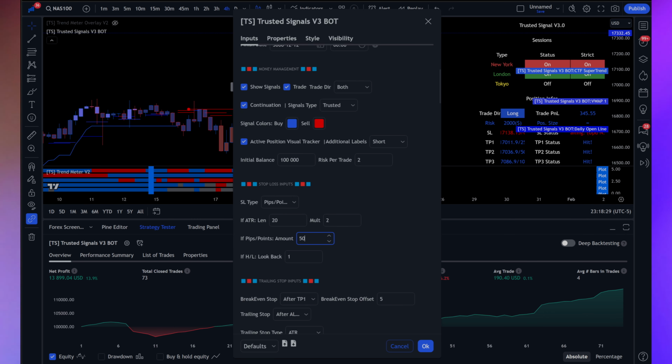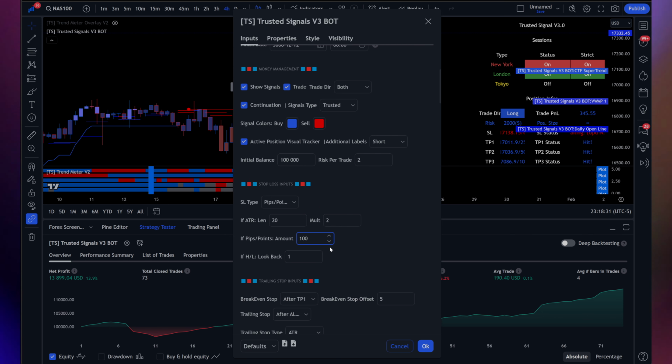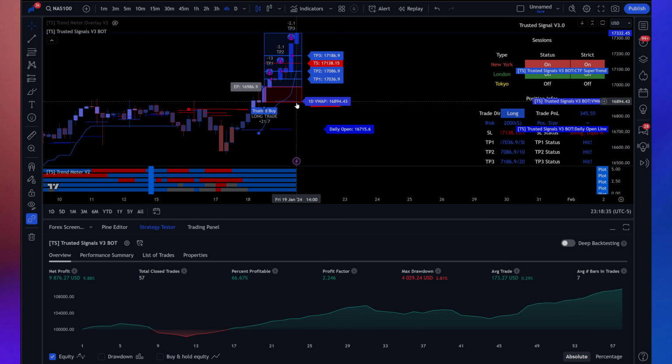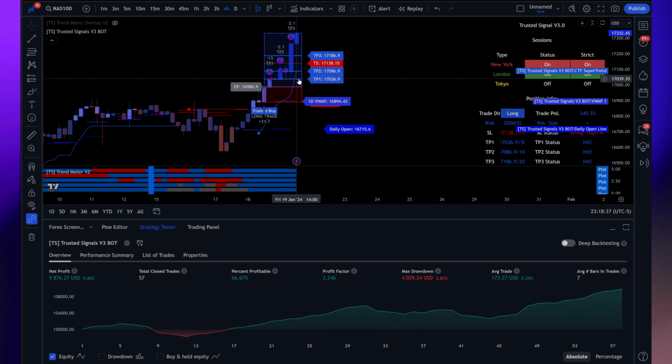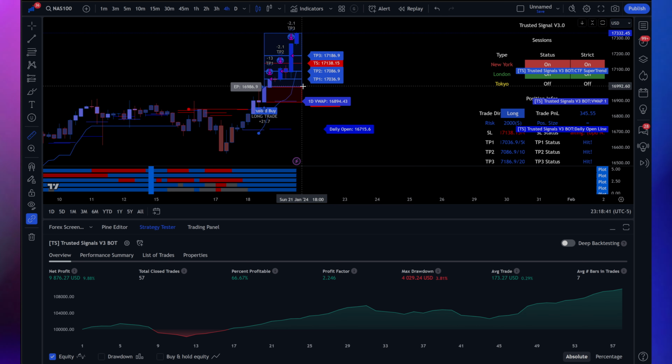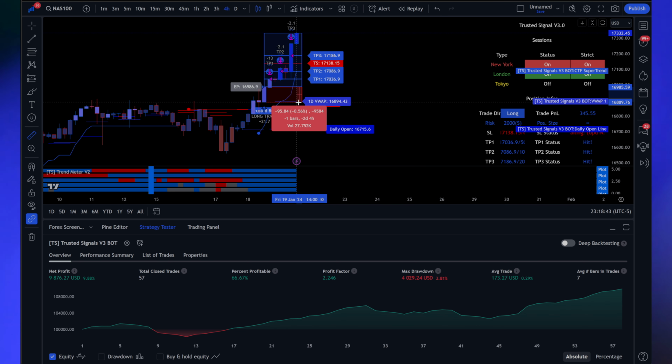And let's see what happens if I change that to 100. Pips and points, and then all you have to do is change that. Now check how far the stop loss is. And then also keep in mind that this means more profits, because if your stop loss is, for example, 100 pips,